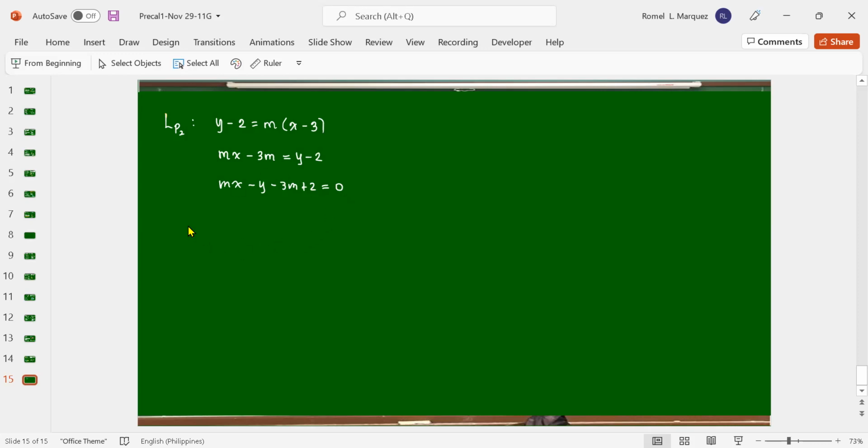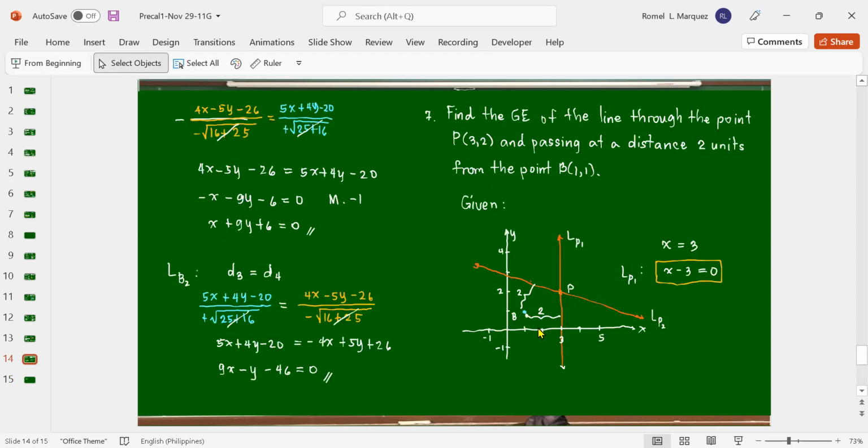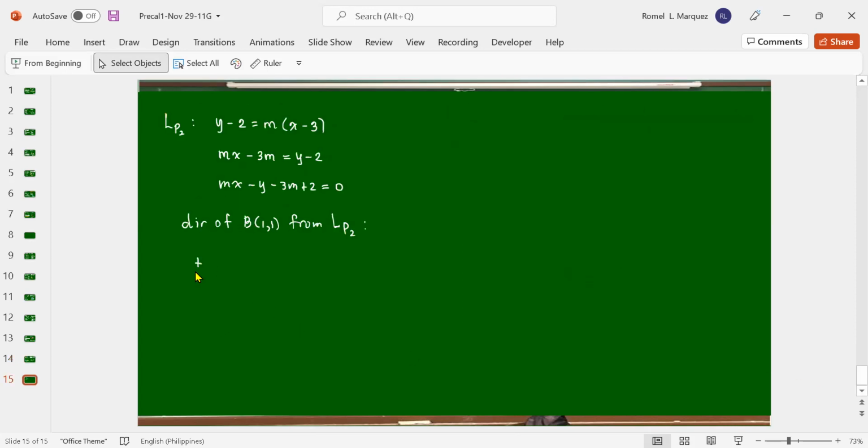So what is the directed distance of B (1, 1) from LP2? We do not know whether it is above or below, no? It is possible that there is one here, so it can be negative or positive, no? Plus or minus 2